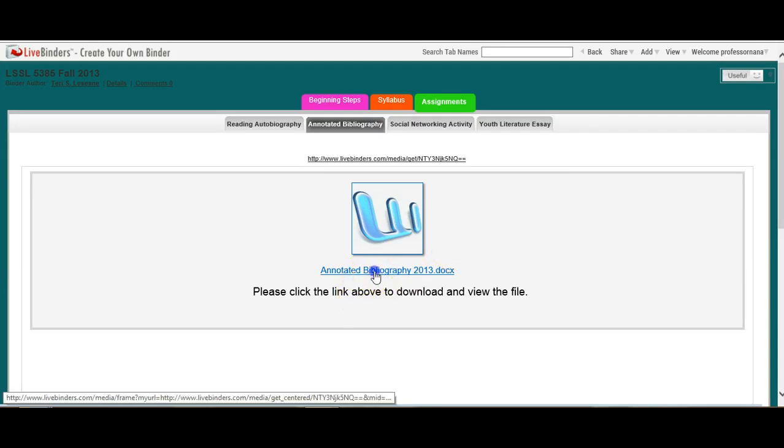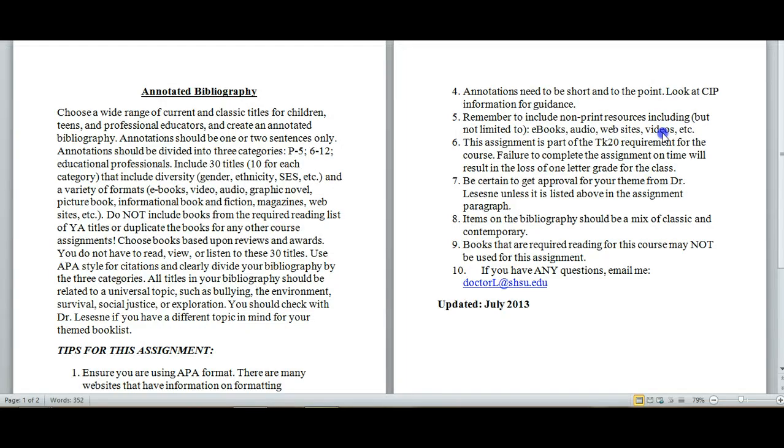This again is one of the earlier assignments that you'll do. I think that you'll find once you get the hang of it that it's another assignment that you won't find terribly difficult to complete. When you open the tab, you see a link, obviously, to a Word document. Again, you can simply open the document, save it to your desktop, save it under a different name, put it on a thumb drive. Just make sure that you've got a copy so that you can refer to it as you're working on the